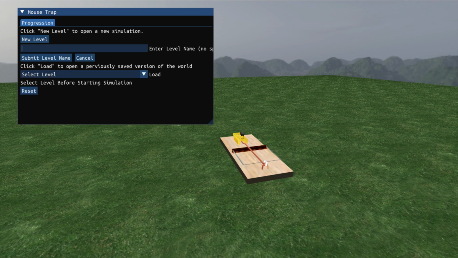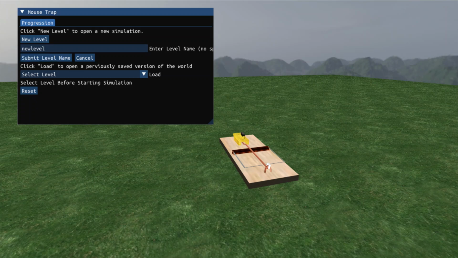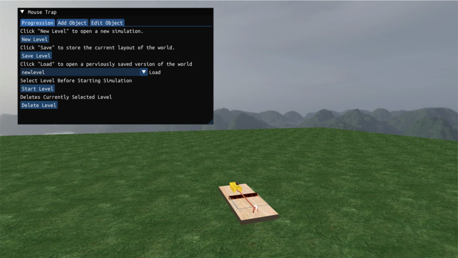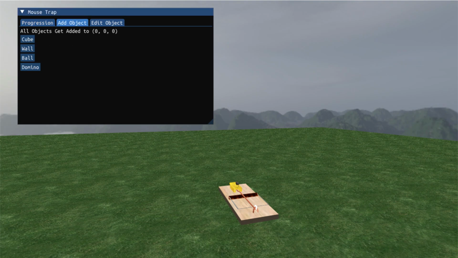You're going to name it whatever you like. It prefers no spaces, but I've got it to work where spaces are fine. I'm just going to call it new level. Submit level name. So now that we've created a level, some options are open to us where we can add